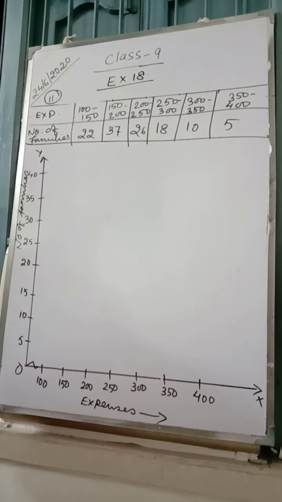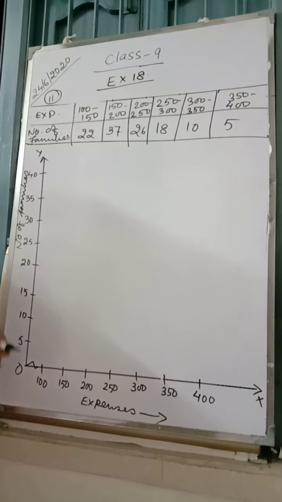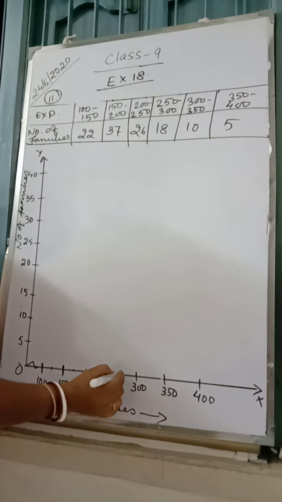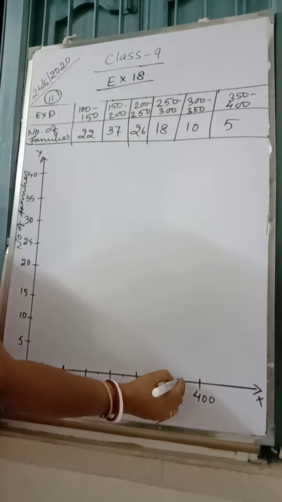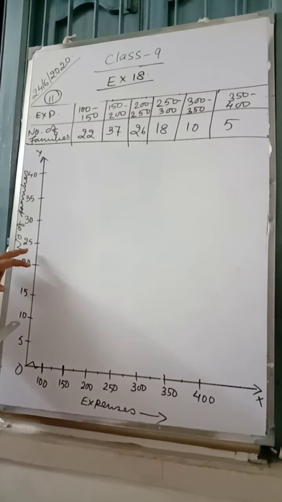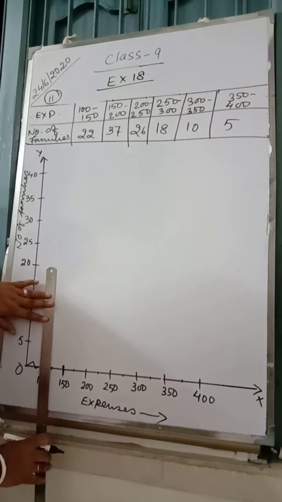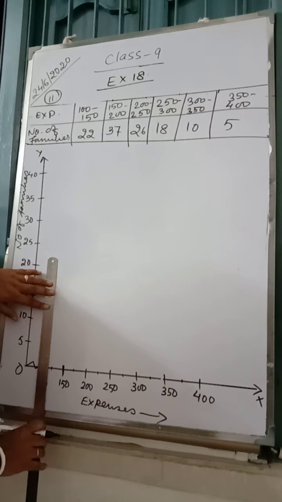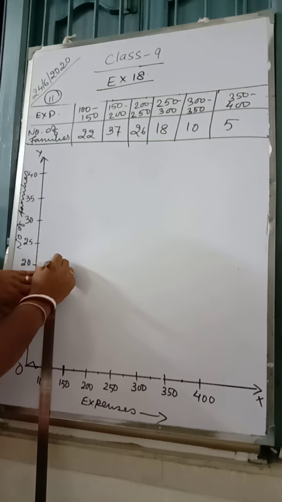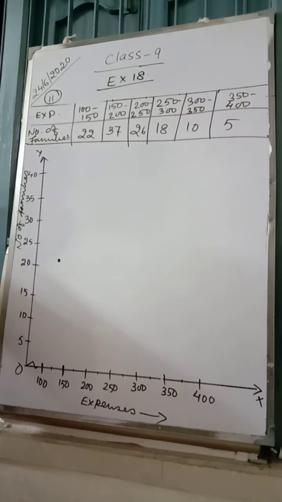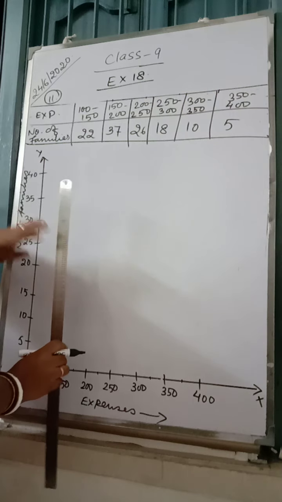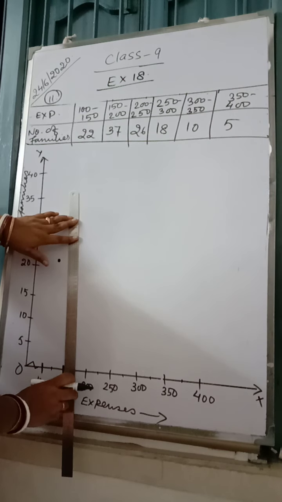Okay. Now we have to get the midpoint. Now you see, these are the thicker lines we have now, and between there is a thin line, that will be the midpoint. Okay. Now we have 22, so that would be between 20 and 25. So from the midpoint here around 22, I am going to give a point. Clear?